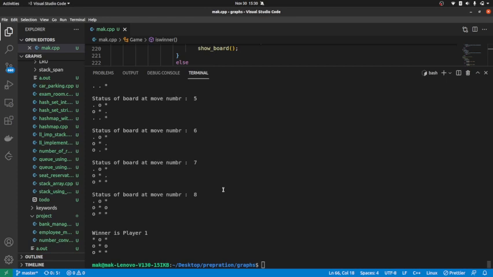So if any of the players gets the same symbol in any of the diagonals, like there are two diagonals, or in any row, or in any column, he will be the winner of the game. If no one has the same symbols, the game will be drawn. As we have a board of 3x3, we are allowed a maximum of 9 moves. So this is very simple. I will be showing you how.